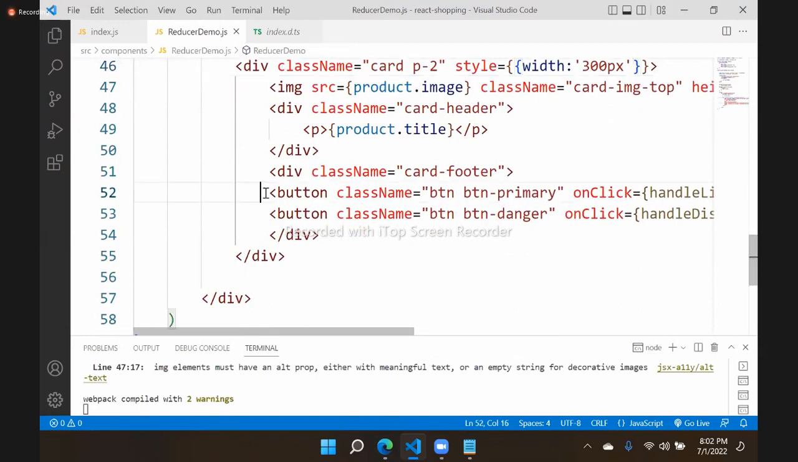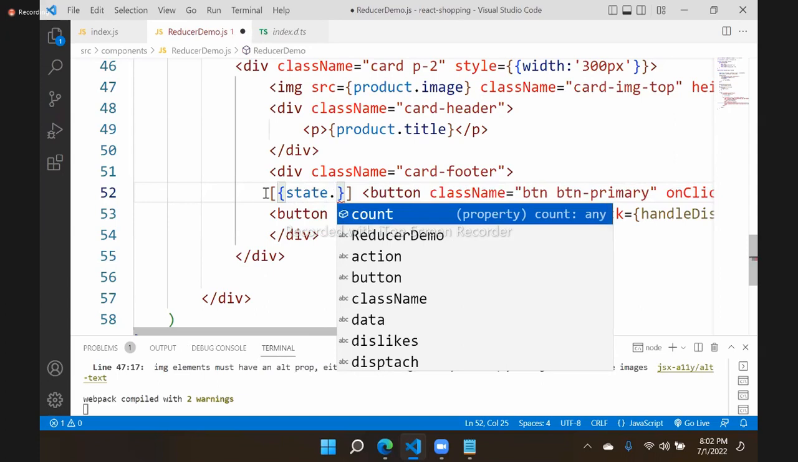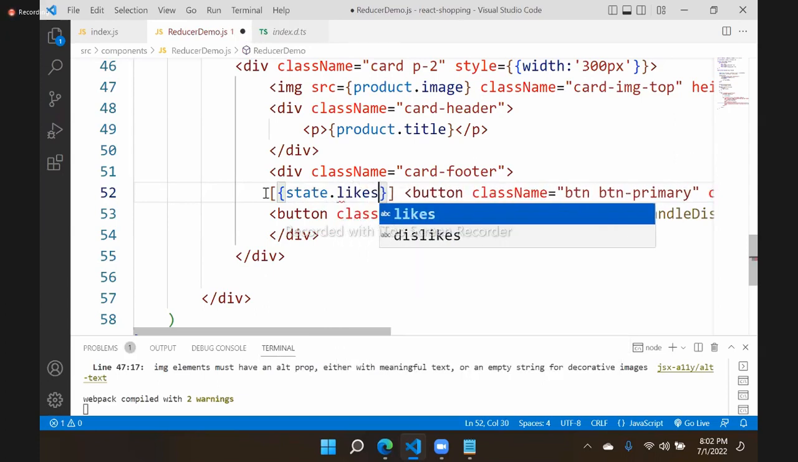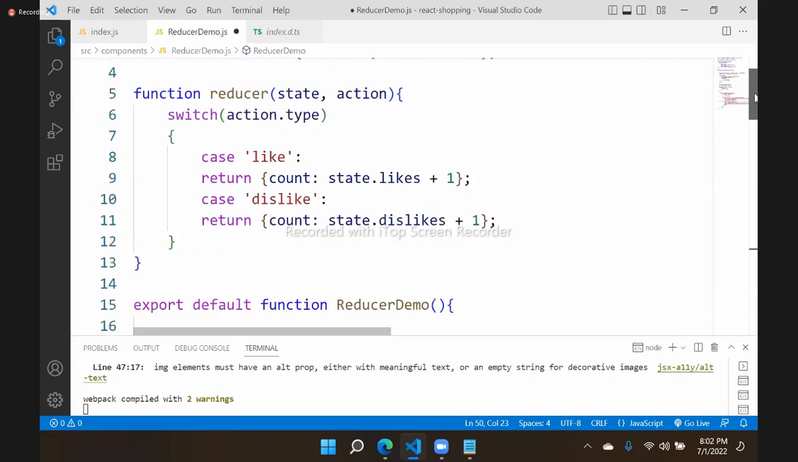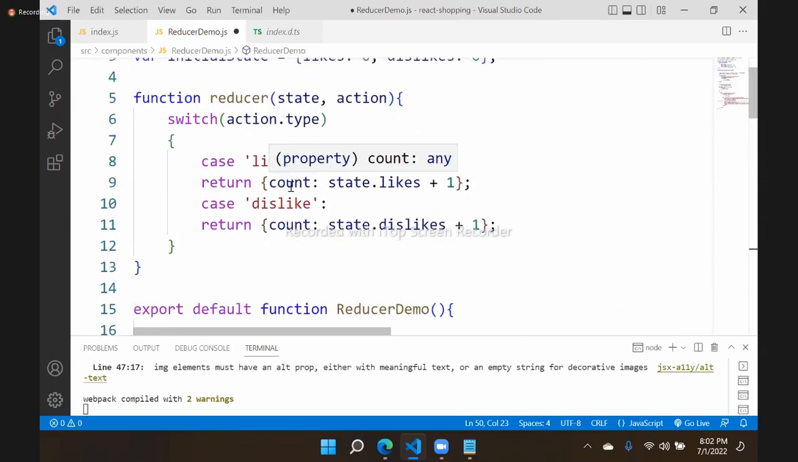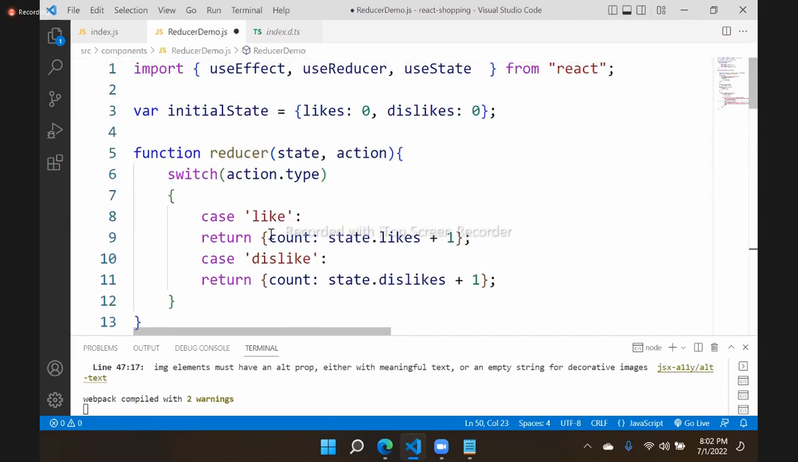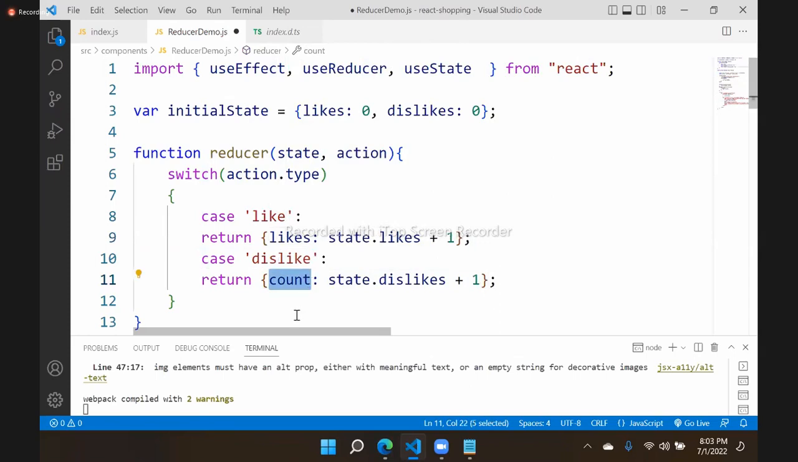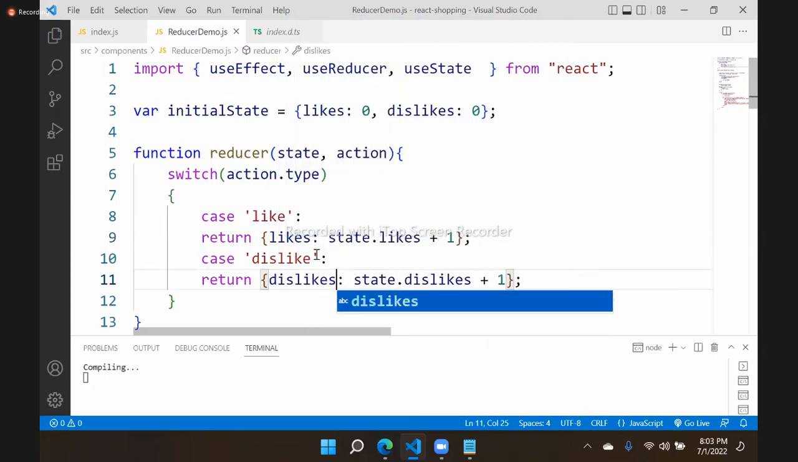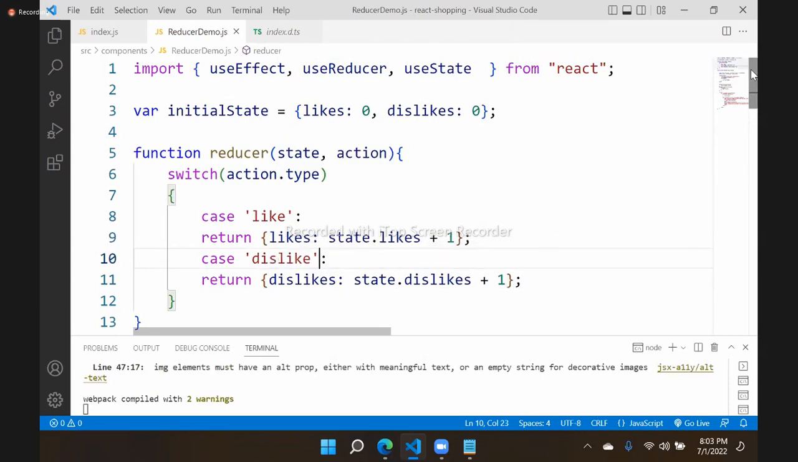So beside this button, I am just adding a simple count. I will define how many likes are there. We have to access state.likes. That means it will get how many likes are there. But here we are defining count, that means the type we are returning is count. But actually it should be in which location? Likes. It should be in which location? Dislikes. That means the likes value must be stored in likes, the dislikes value must be stored in dislikes,